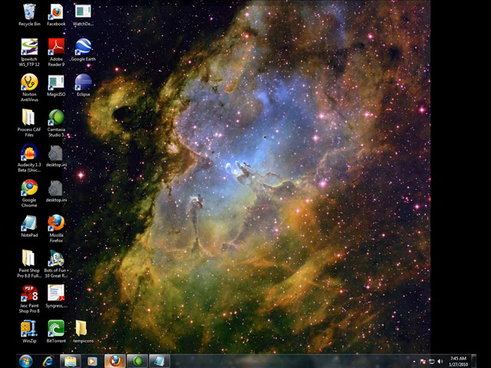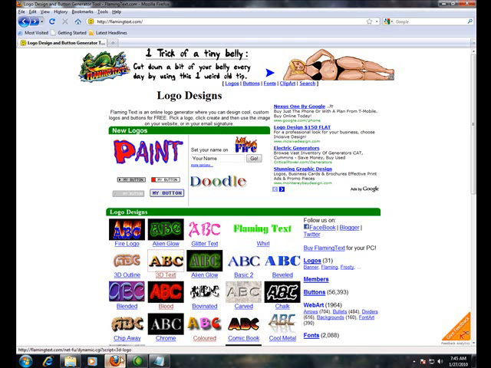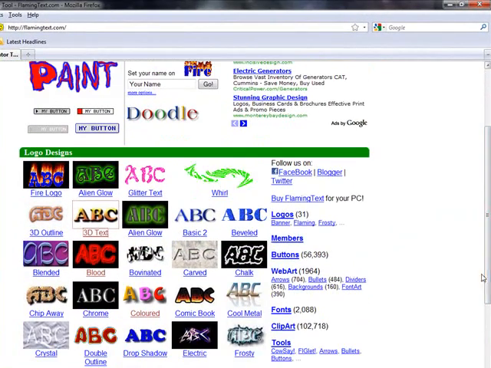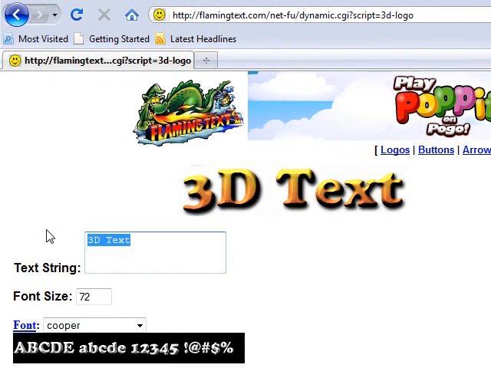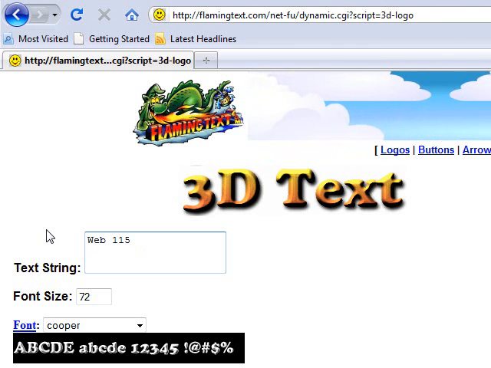So, first thing I'm going to do is go to a website called Flaming Text. There are lots of sites on the internet similar to this, but this is an older one. This is the one I got used to, and I prefer it. You can see there are lots of designs down here, and I'm going to pick this 3D text one. I'm going to put something very cool,